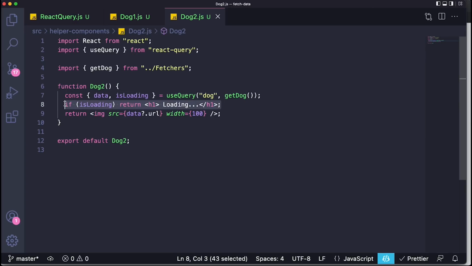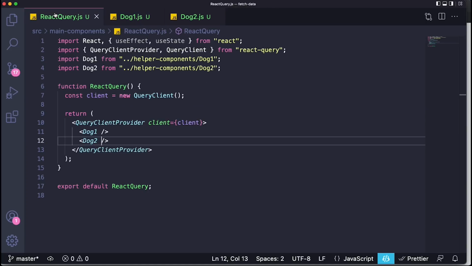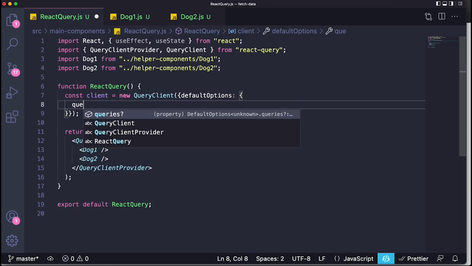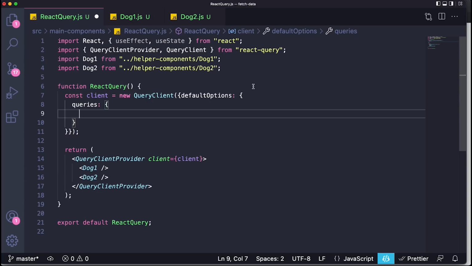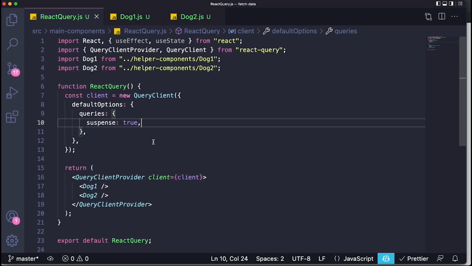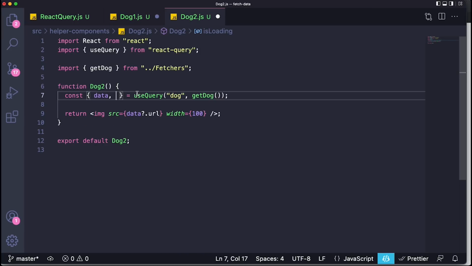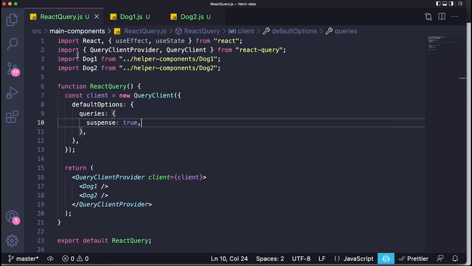Similar to the useSWR hook, we can actually configure this to have suspense enabled, which is really cool. All the configuration you can do is over here by just saying something like default options, and you can pass an object. And one of the options is queries, which when you're specifying the different options or different configurations that you want for your queries, you can specify that suspense is equal to true, which, similar to the SWR library, now means that instead of checking this, putting a fallback individually, you can just use the new Suspense-like component from